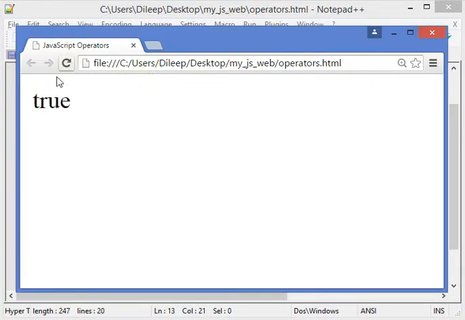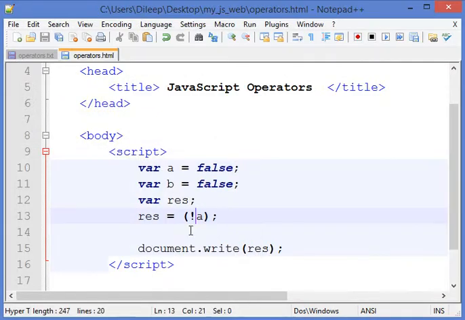So refresh it and it's true, right? So basically it reverses the state, or reverses the boolean value, false to true, true to false. Okay,